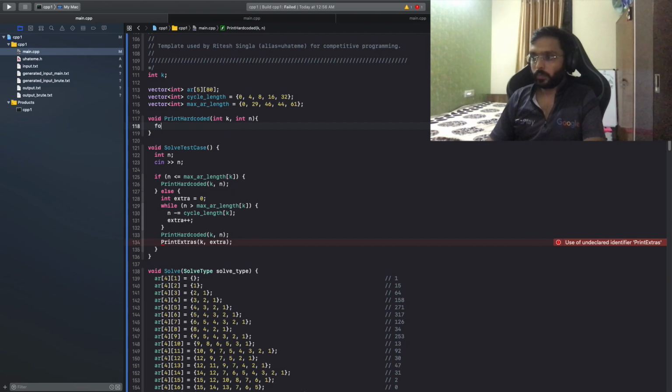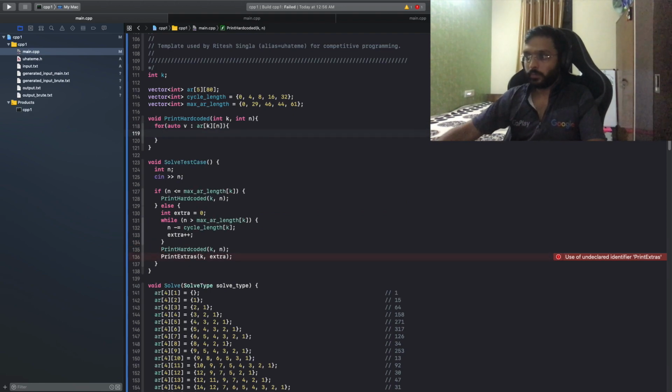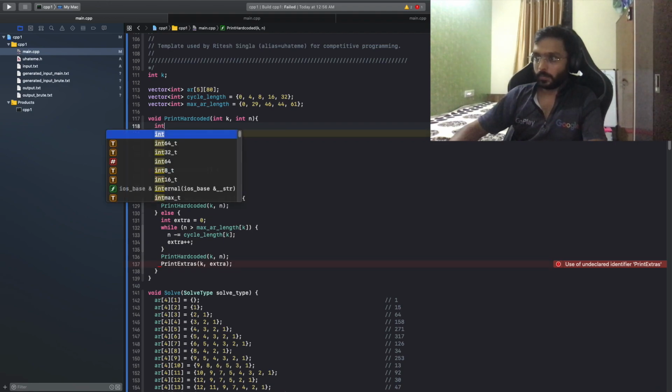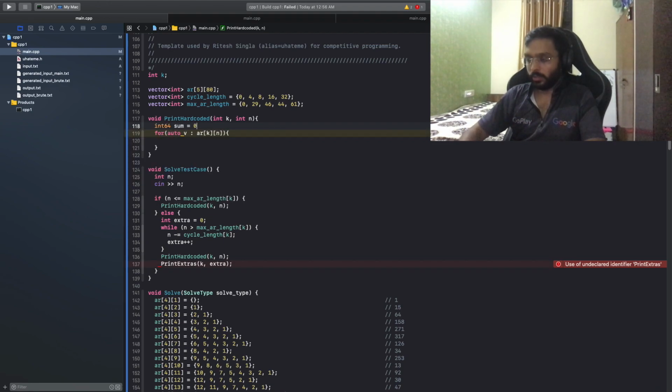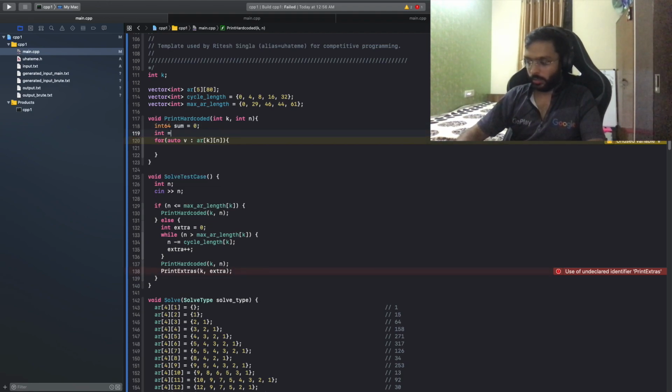So for auto value in the array for k and n, int64 sum equal to 0, int64 my share equal to 0.